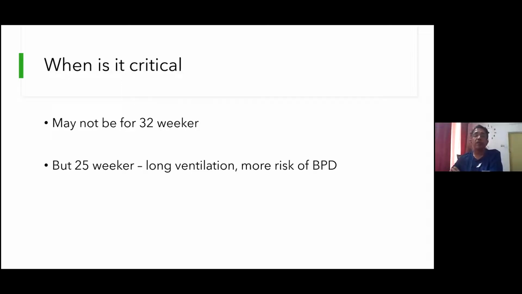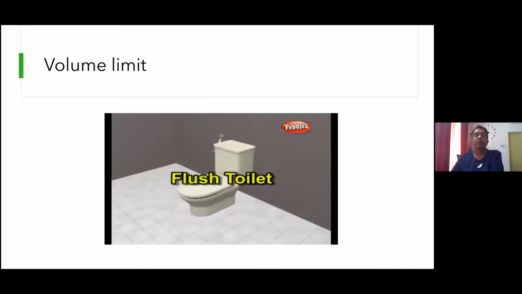But if it's a 25-weeker who may remain on a ventilator for 1 week or 2 weeks, and this injury to a developing lung with long ventilation is long term, some of them are on oxygen and gases for months together. And this would be decided by how you ventilate in the first few days, at least a part of it. Then this kind of fine tuning of ventilation becomes very, very critical. So when should I definitely have an advanced mode of ventilation? It is when I'm looking at a baby who has a very high risk of side effects of ventilator induced lung injury.